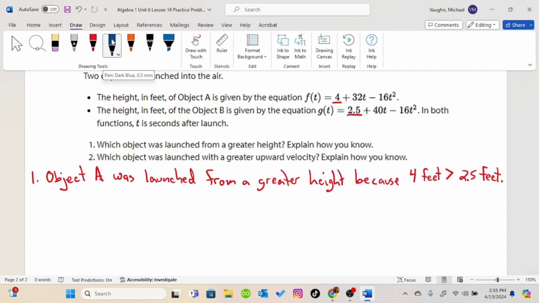Number 2. Which object was launched with a greater upward velocity? Explain how you know. In a projectile motion equation, the portion that has time or the input to the first power is the initial velocity. So we are comparing 32 feet per second with 40 feet per second. This means object B